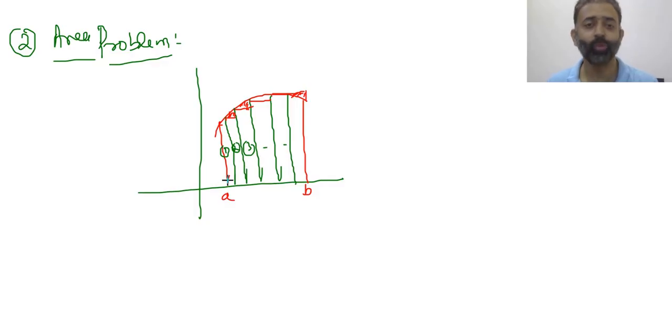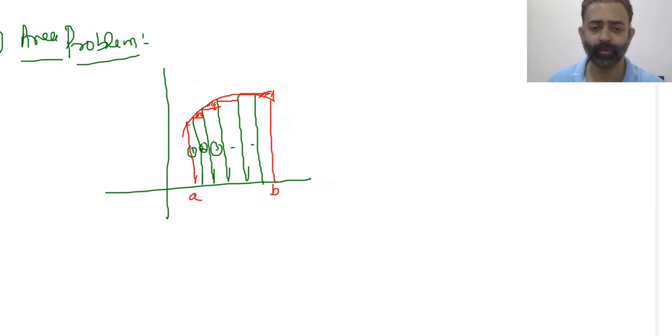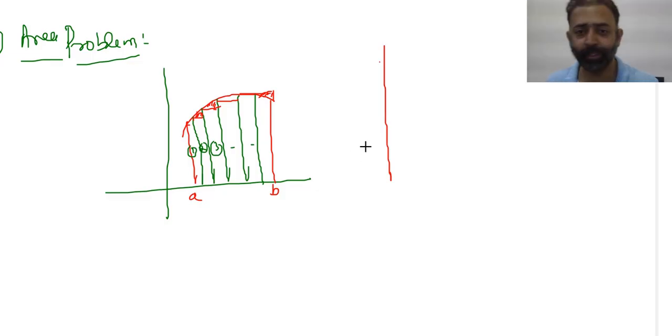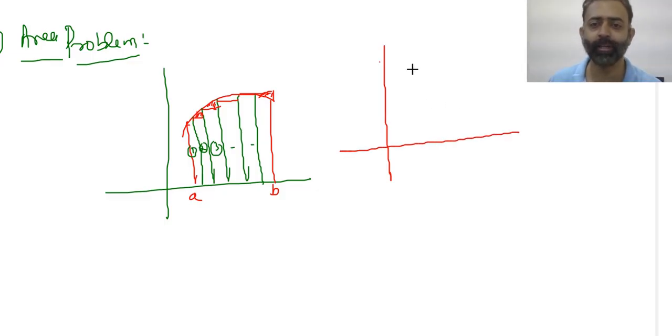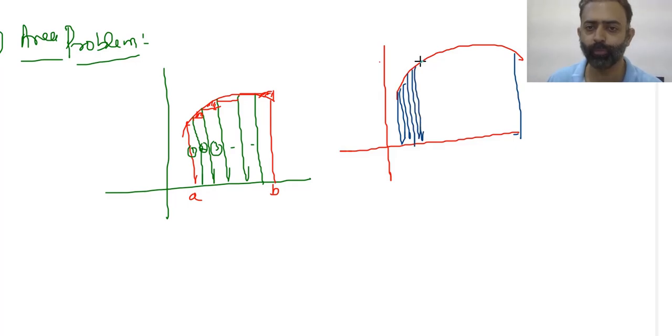But yes, you can move closer to the actual value of the area. Why? Because I can even increase the number of rectangles. If you increase the number of rectangles between the given points A and B, you can move closer to the actual value of the area,